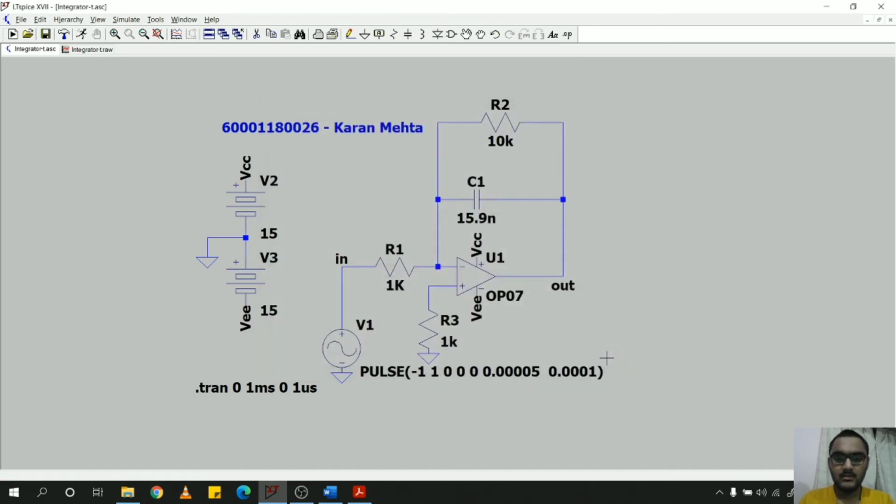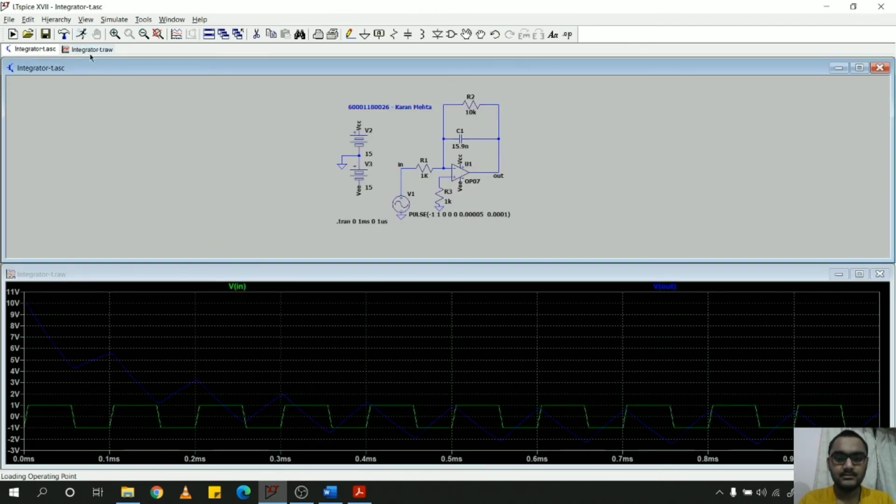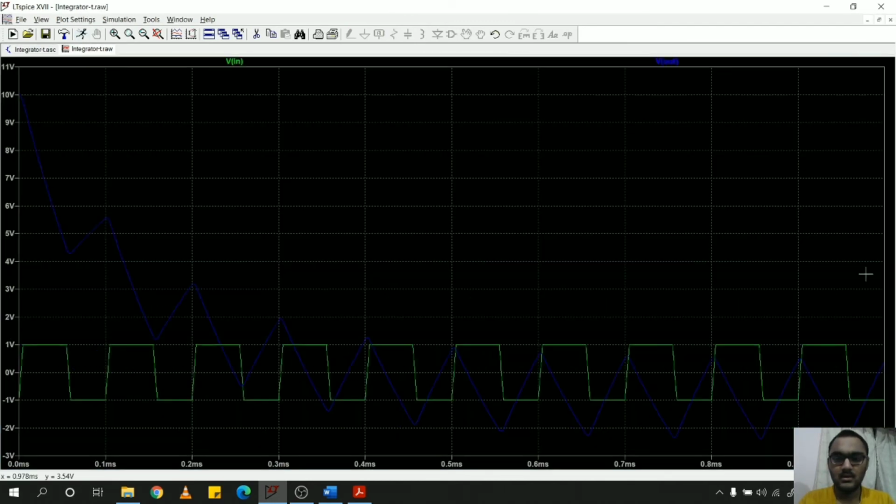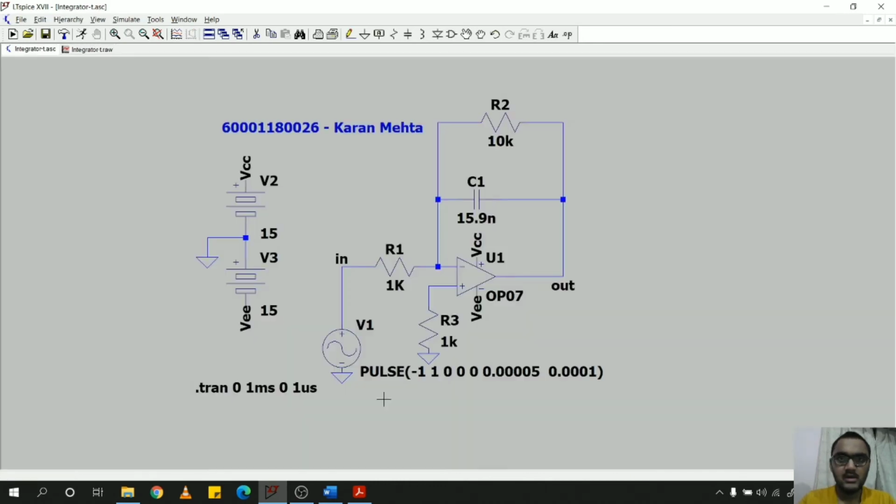Now press OK and run the simulation again. As you can see here, the input is a square wave, and once the system is stabilized, the output is clearly seen as a triangular wave, which is the integration of the square wave. So this was the normal integration operation using OP07.